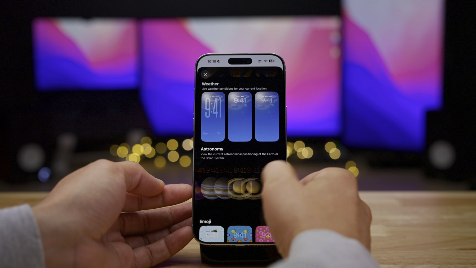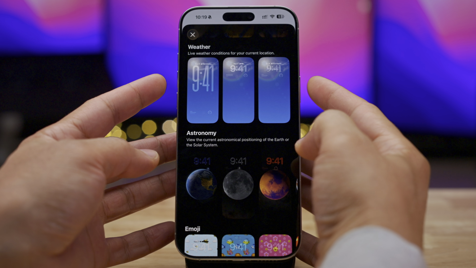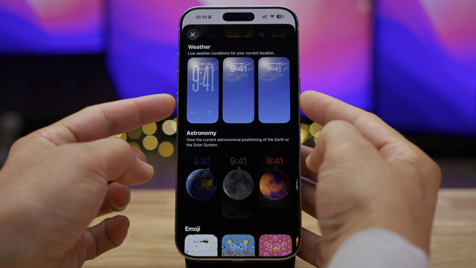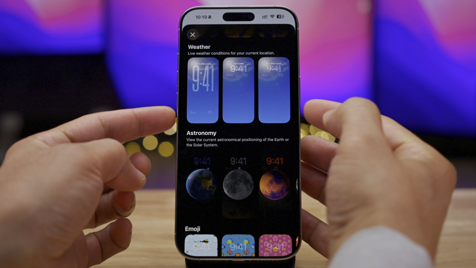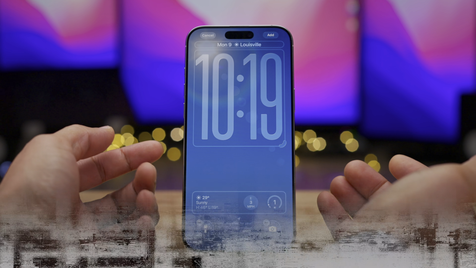So the astronomy and weather have been broken out into their own respective sections now. So you have all the astronomy on one line and then the weather above that. And the weather gets a couple of new default configurations that you can customize with the various widgets and whatnot as well. So again, iOS 26.3, it's not anything that's going to knock your socks off by any stretch of the imagination,